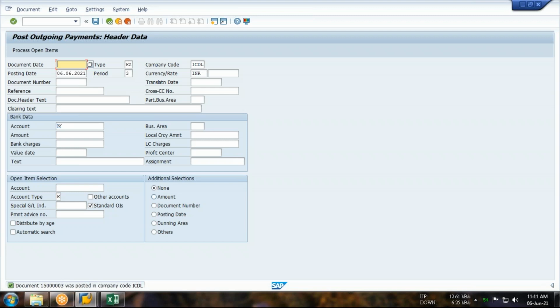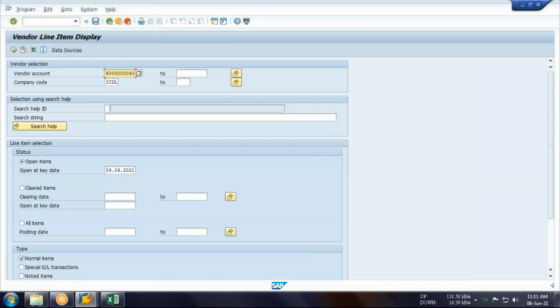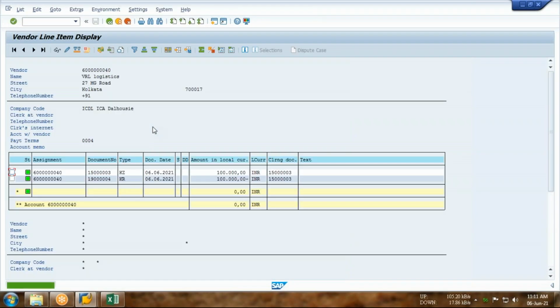So I have done the payment, and if I check the balance, I can check it also. What is the T code for that? FBL1N. So all item execute. You can see KZ and KR, the entire amount has been paid. 1 lakh, 1 lakh. But we have not paid 1 lakh, we have paid 3000 only.